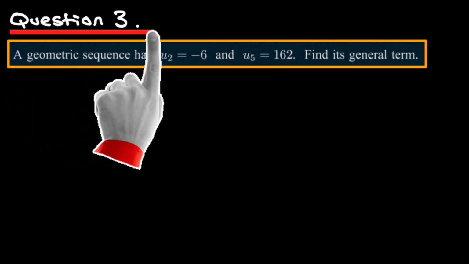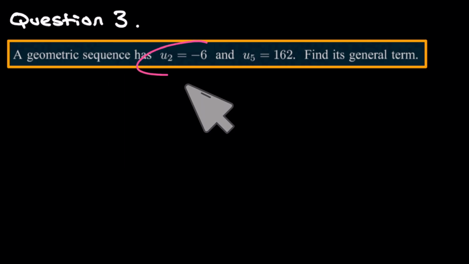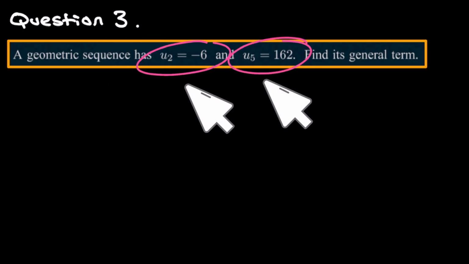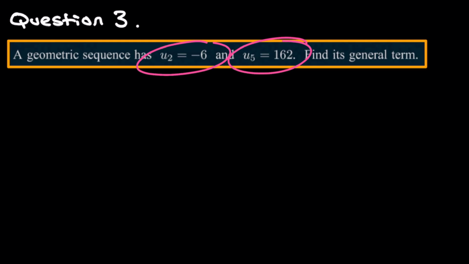Question 3. So we have a geometric sequence with a second term and a fifth term given. Find the general term. Okay, so this is also another common style question. So what we're going to do here is write out that